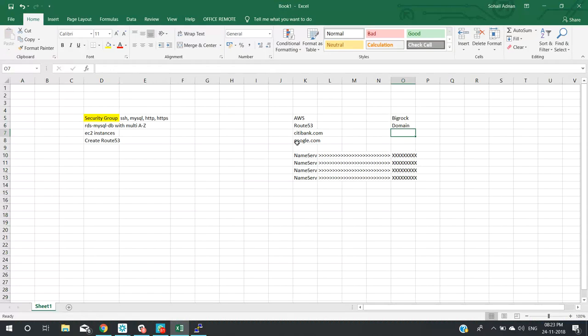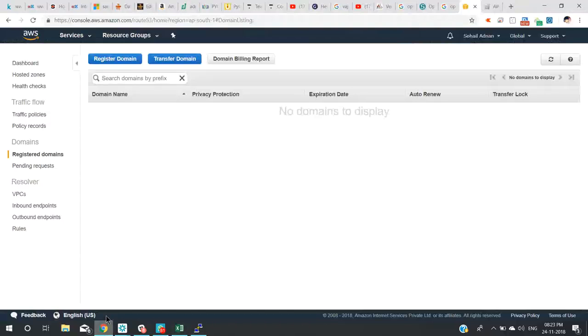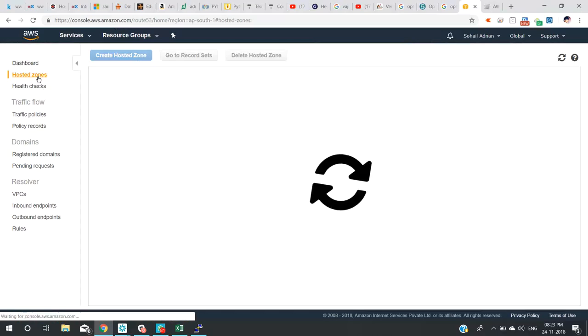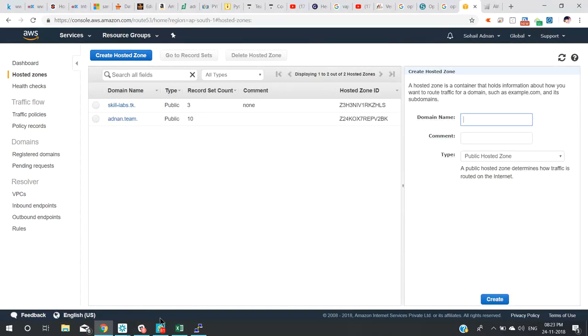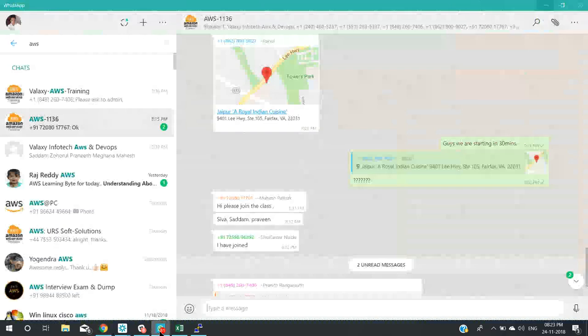But remember, if you take Citibank here and you don't find Citibank here, it doesn't work that way. So whatever you have taken here in BigRock is what you need to put here. So for example, if I go back to hosted zone and click on create hosted zone,